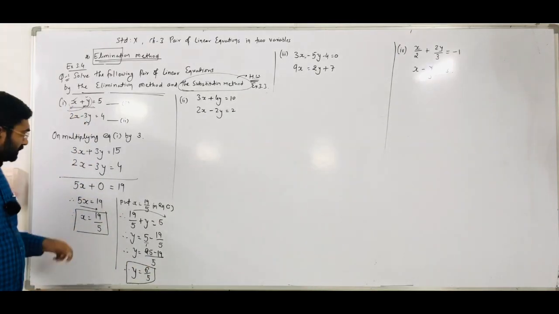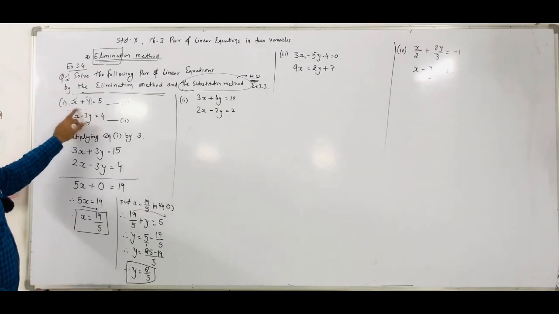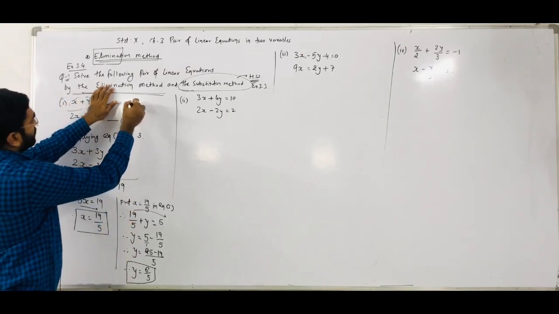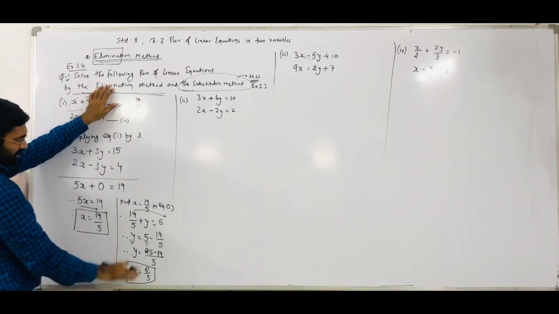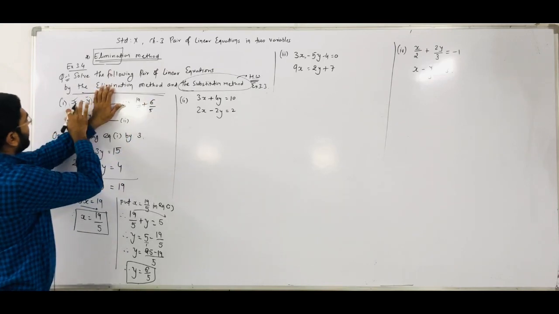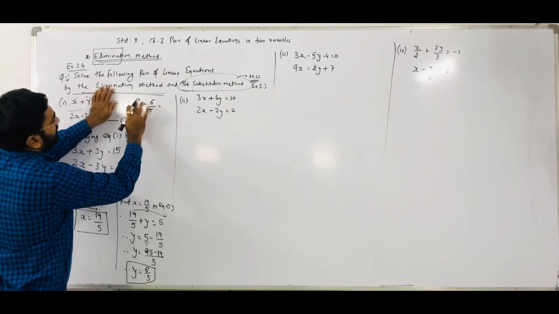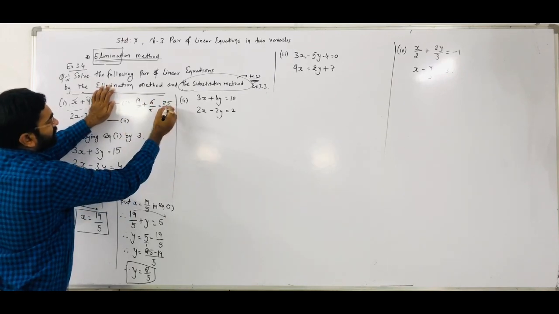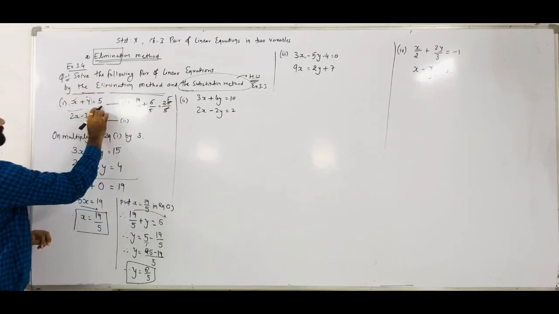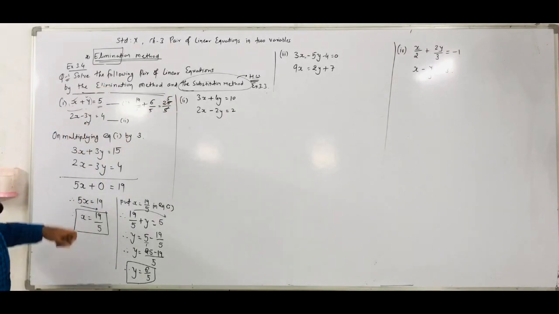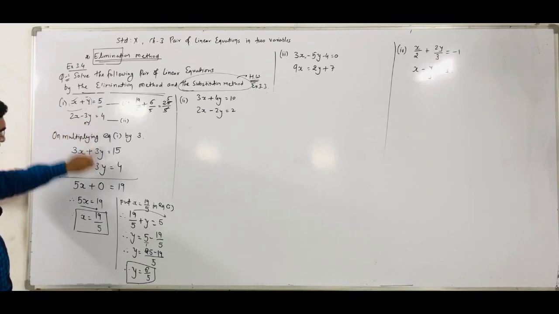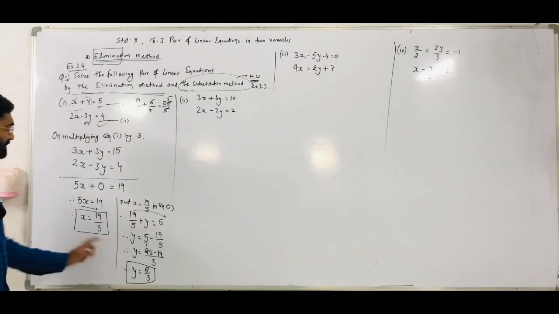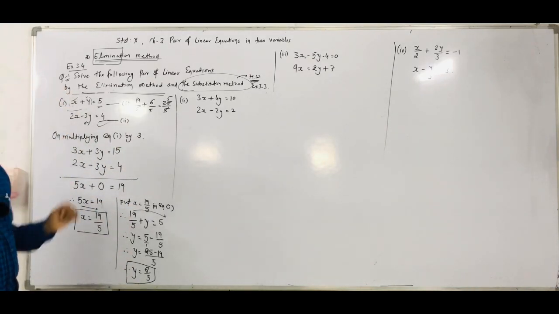See, we can verify also. The x value here as per the first equation is x plus y is equal to 5. So we do the addition of the other two variables, x and y values. So 19 by 5 is the x value, 6 by 5 is the y value, right? X plus y. So here 19 plus 6, the denominator is the same, 5. 19 plus 6 is 25. So 25 by 5, see, right hand side we get 5. Right? Another way, you can also put here 19 by 5 and here 6 by 5. Simplify it, so you get 4, which is satisfied. That's why we can say this is the solution of the two given linear pair of equations.